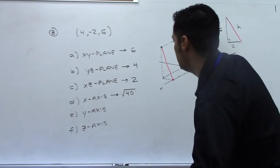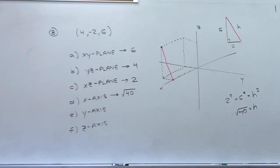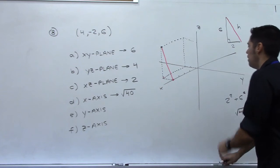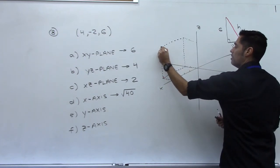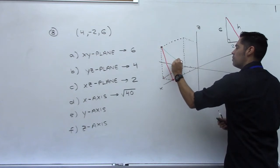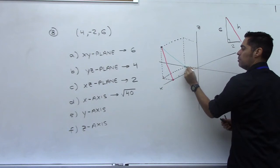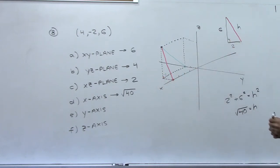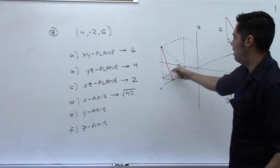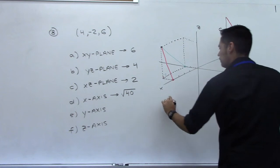And then the shortest distance between that point and the y-axis. Well, now here's your y-axis. So we want to connect a line going from that point straight down to the y-axis, shortest point, which would go to this point right here. So just on the y-axis, move 2 over. And that creates this right triangle. See if you can see that kind of coming out at us, up, back down. So if we draw that triangle,